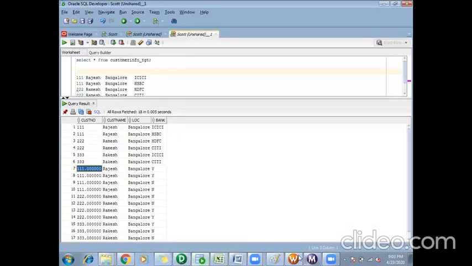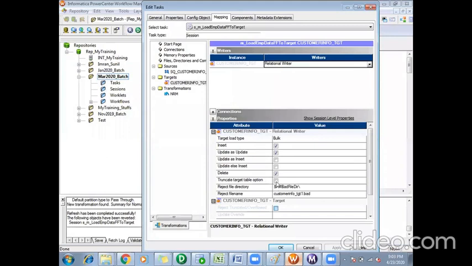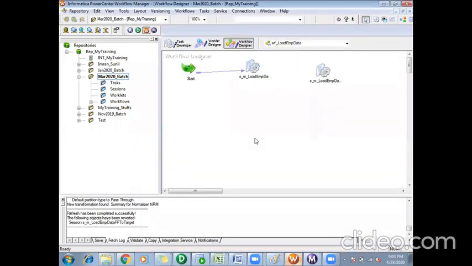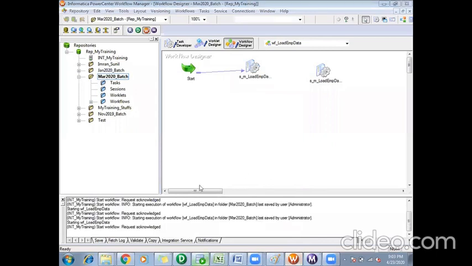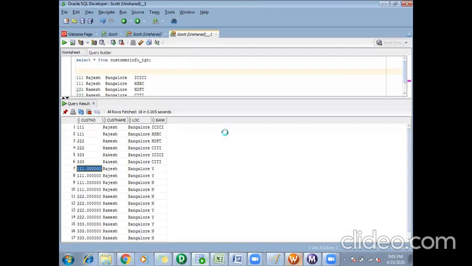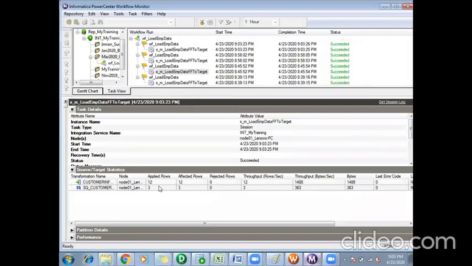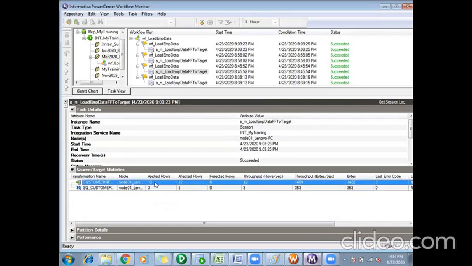Yeah. So I didn't truncate the table before loading. So it was showing me old records also. So I'll just truncate the tables here. I'll use the truncate option in my session, and I will rerun my workflow. So it's completed now. It has taken 3 records from my source and it has given me 12 records in my target. Since I gave the occurs as 4, for every record it has created 4 records.